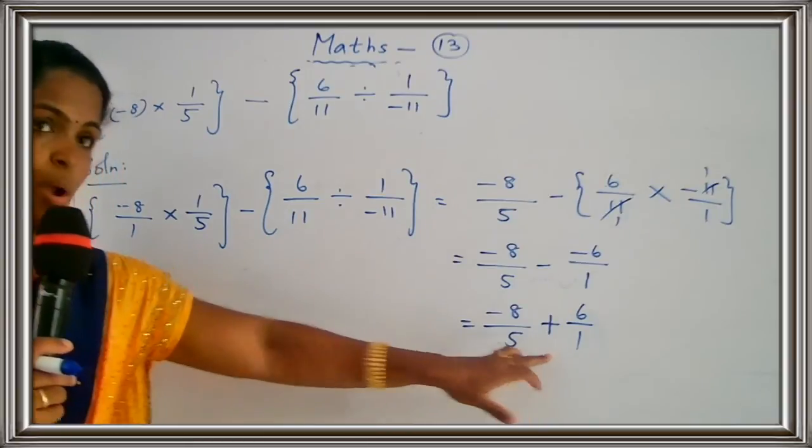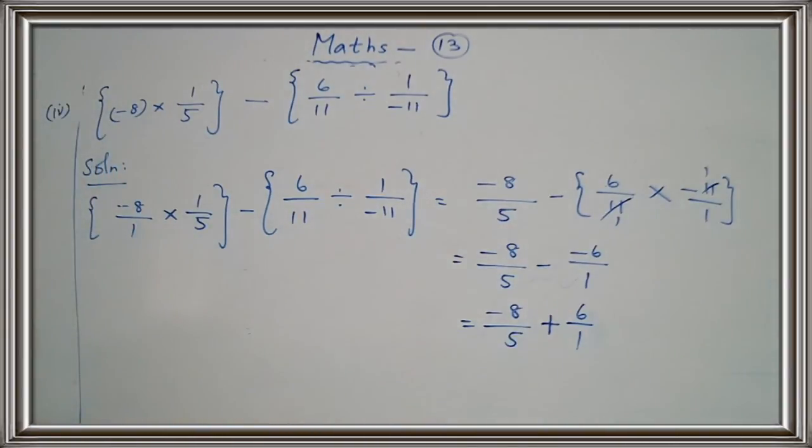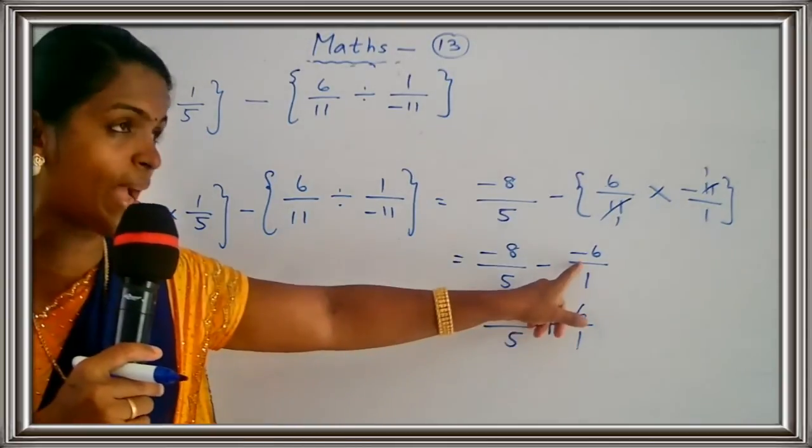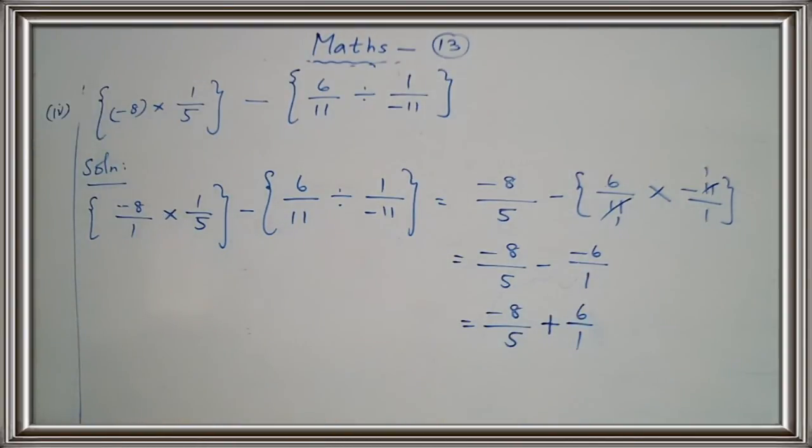So, your answer, we follow the cross multiplication method. Minus 8 into 1, minus 8, plus 5 6s are 30, over the multiplied denominators, 5 into 1, 5. So what is the answer now? Here one sign is positive, one sign is negative. In addition, if the integers have opposite signs, then find the difference and put the greater value's sign. So 30 minus 8 is 22. Here the bigger value is plus. So that's why your answer is 22 upon 5.